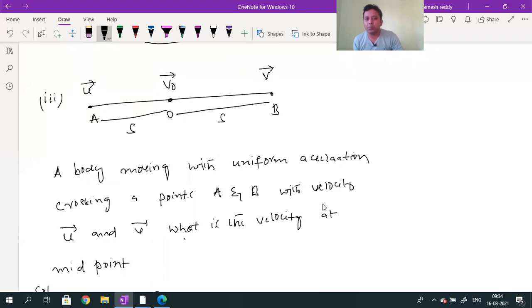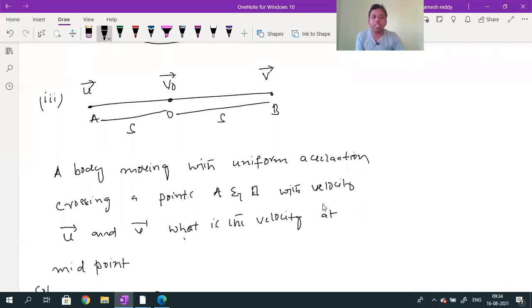Can I go for the next point? You are expecting direct questions on these equations of motion, but I am giving the concept for the equations of motion. If you know the concept, any question, any numerical can be solved. Without knowing the concept, a numerical cannot be solved.